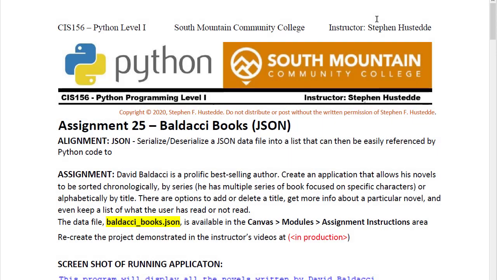David Baldacci is one of my favorite authors, and he's a very prolific author. He has written many books using various characters and created them by series. And I've taken information from most of his books and put them into a JSON data file, JavaScript Object Notation